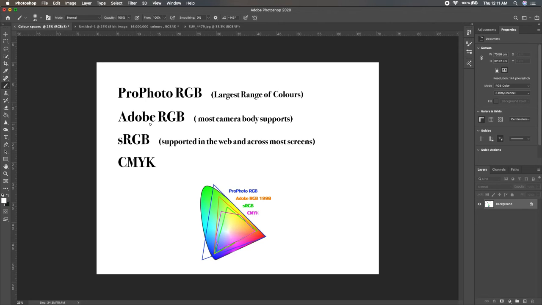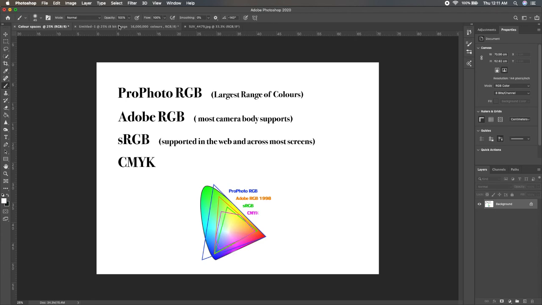and that's why the colors disappeared. It simply disappeared. From this chart you can see one thing, that ProPhoto RGB supports most of the visible colors that we see. Next comes Adobe RGB, next comes sRGB and CMYK. It's not that sRGB or CMYK supports a wider range of colors. It's just that sRGB is supported by most of the screens and CMYK is better for printing purposes.